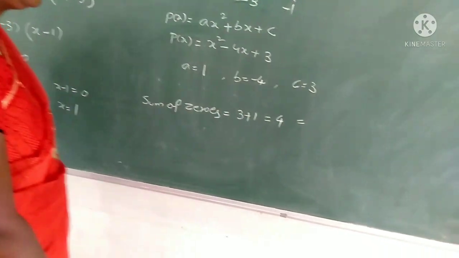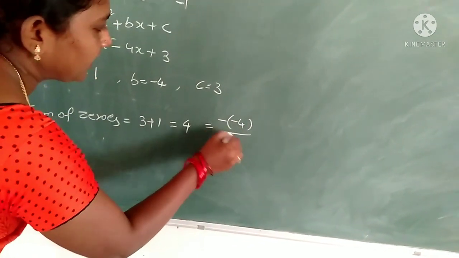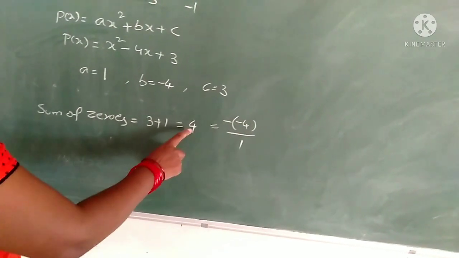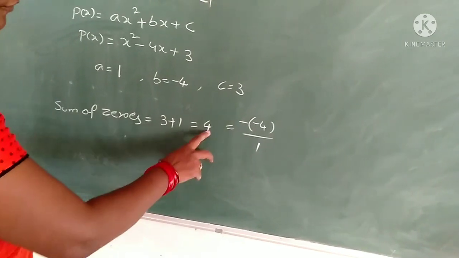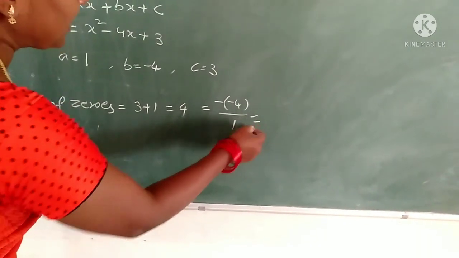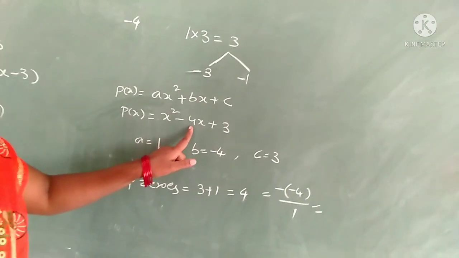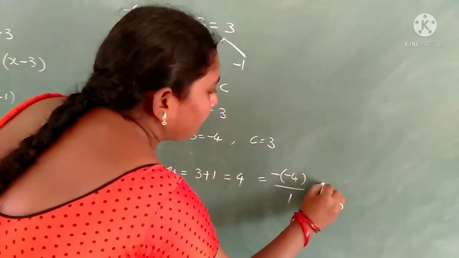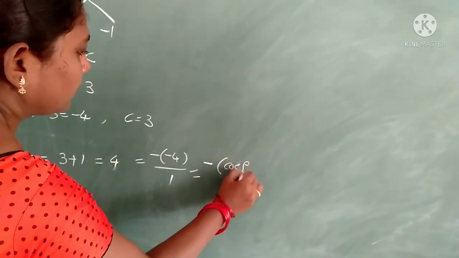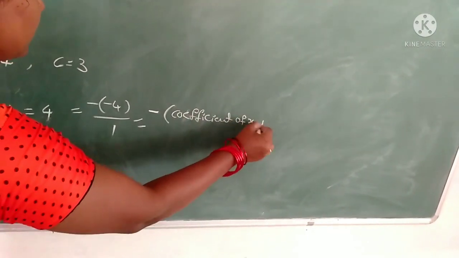We convert the 4 as minus of minus 4 by 1. Minus of minus 4 means plus 4, plus 4 by 1 is 4. Minus 4 is the coefficient of x. So minus coefficient of x by